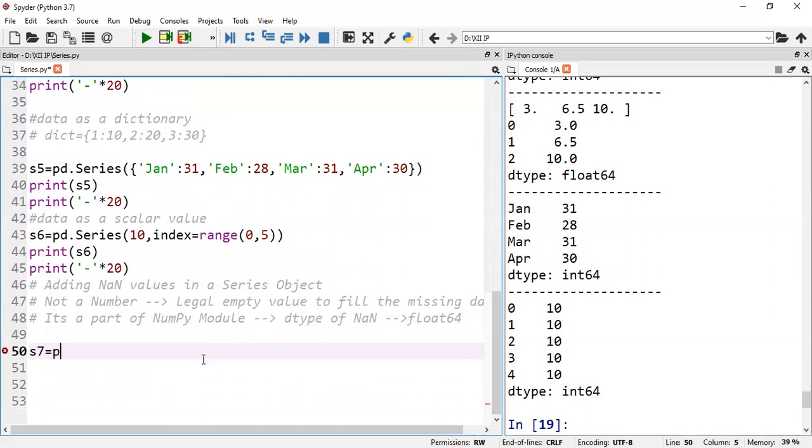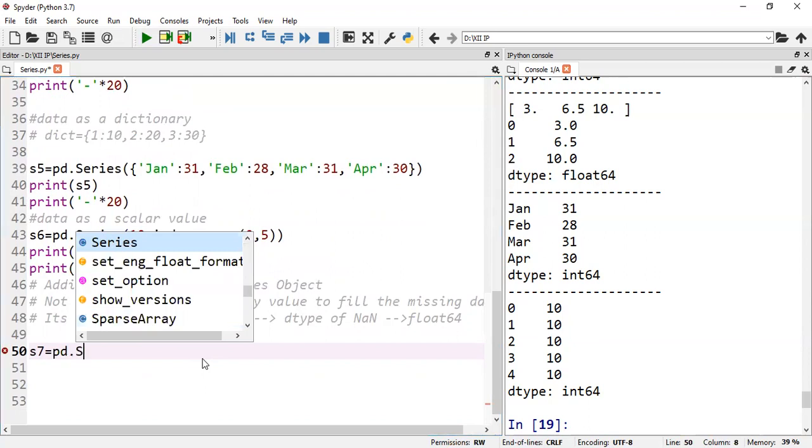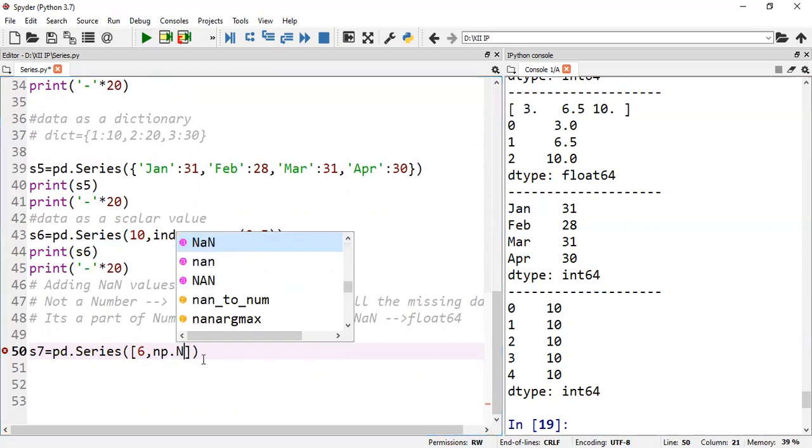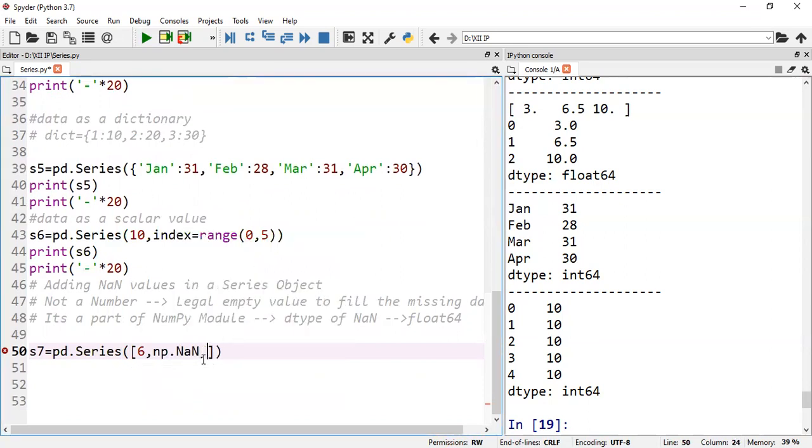I'm creating S7 equal to pd.Series, giving the data 6, np.nan, since it's part of the NumPy module, and 10. This is an integer, and the second value is missing data. So when I print this one,